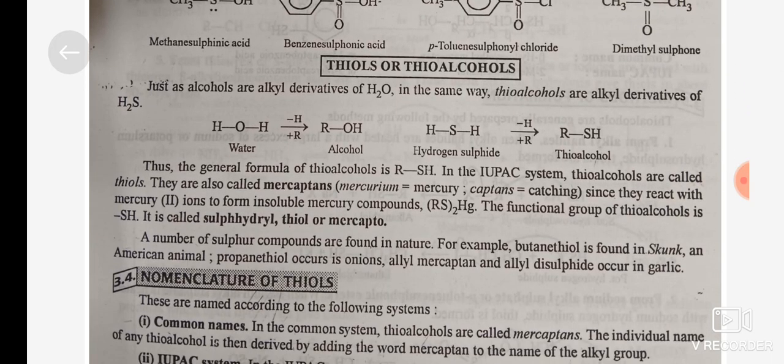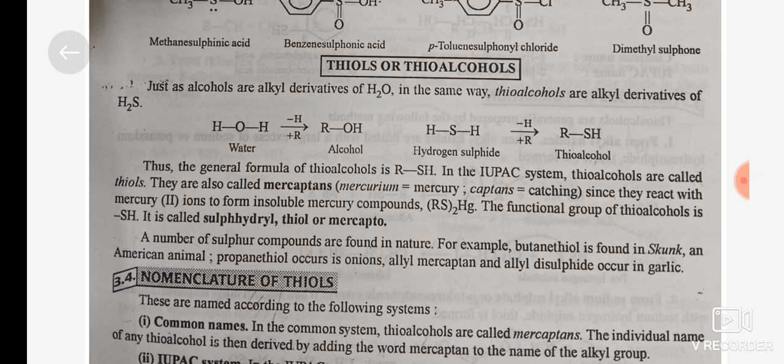Thiols or thioalcohols. Just as alcohols are alkyl derivatives of water, in the same way, thioalcohols are alkyl derivatives of H2S. Thus, the general formula of thioalcohol is RSH. In the IUPAC system, thioalcohols are called thiols. They are also called mercaptans. Mercurium means mercury, captans means catching, since they react with mercuric ion to form an insoluble mercury compound, (RS)2Hg. The functional group of thioalcohols is RSH. It is called